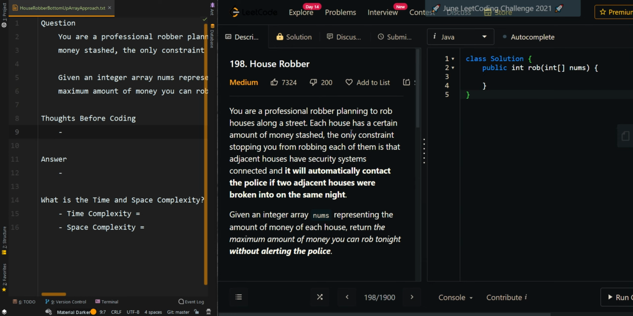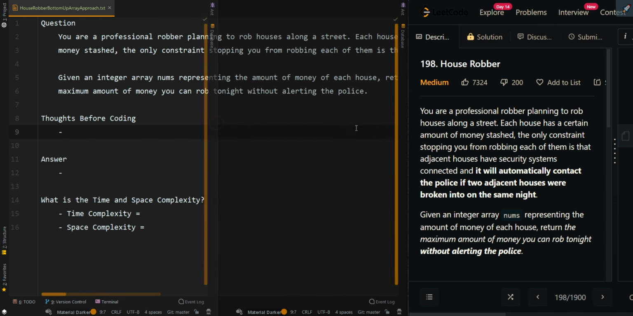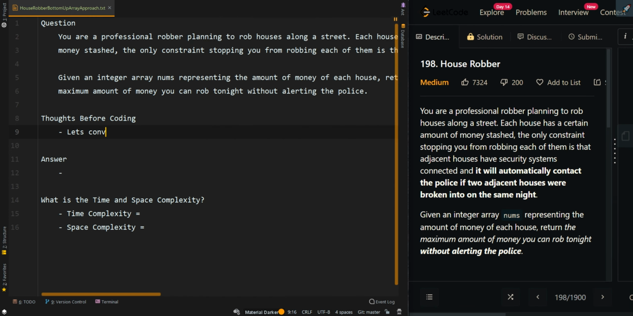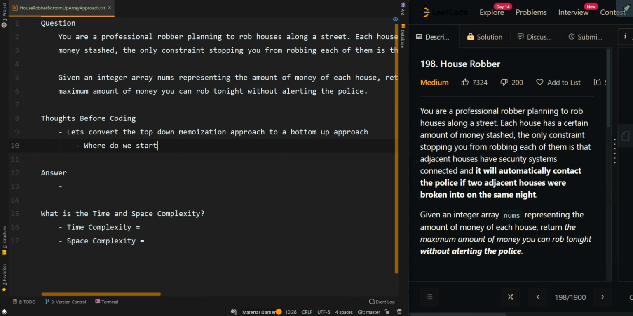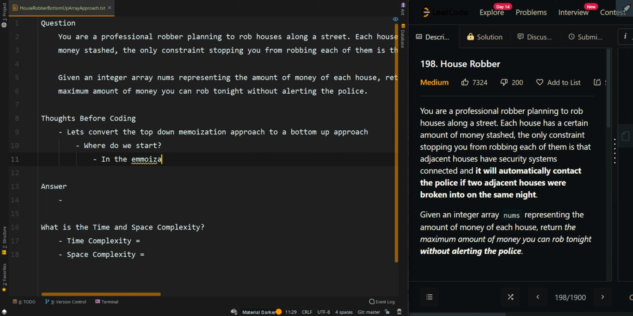In this video, we're going over the bottom-up array approach of house robbers. Let's go over the thought process. So let's convert the top-down memorization approach to a bottom-up approach. Now, where do we start? In the memorization approach,